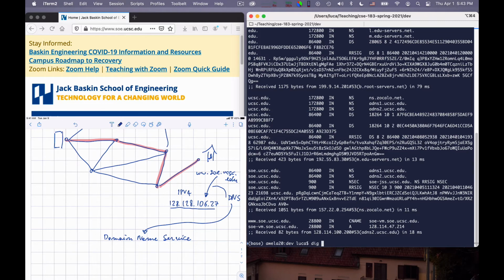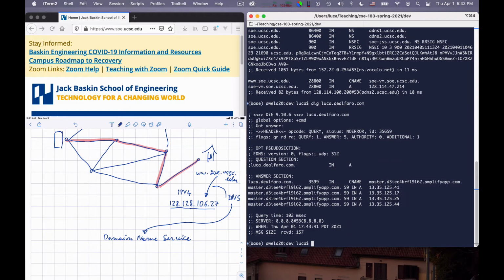For example, if I do dig lucadealfaro.com, okay, lucadealfaro.com is actually a nickname of this master at this funny address at amplifyapp.com. My personal web page is served by AWS, and so I had to set up this CNAME. I bought the domain lucadealfaro.com and I went to set up the CNAME from lucadealfaro.com to the CNAME that AWS gave me.